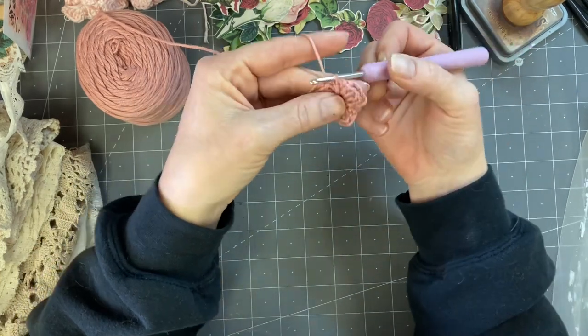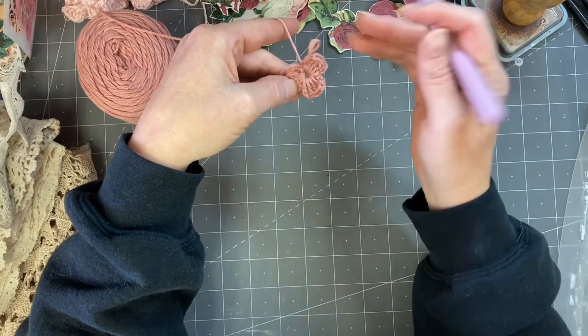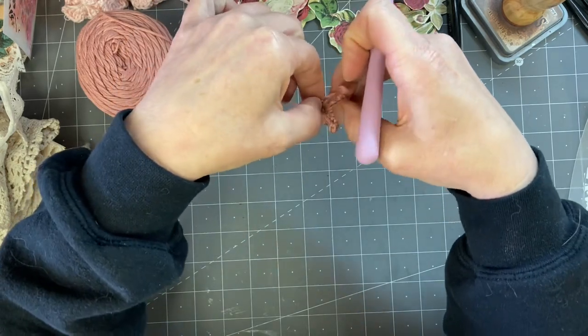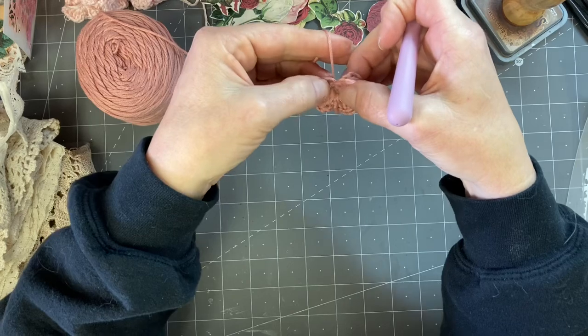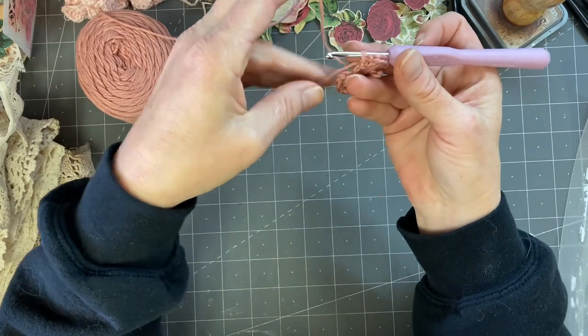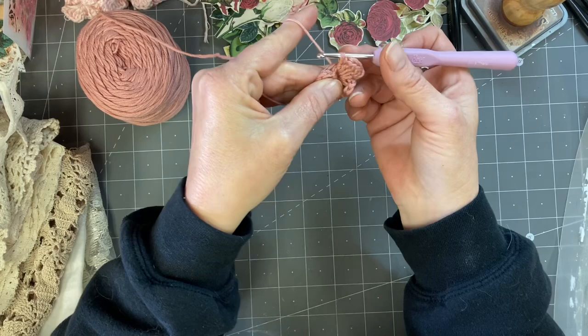Okay, and like you can tell, now I'm getting to where it doesn't look like I have any room, right? So I pull through a loop, and then I just take this and slide it back over the ring. And then you end up making room for another one, because we got to get 5 in here. It seems impossible, but trust me, it fits. Okay, and I'm making sure that I'm moving my tail along with it, kind of lining it up with that